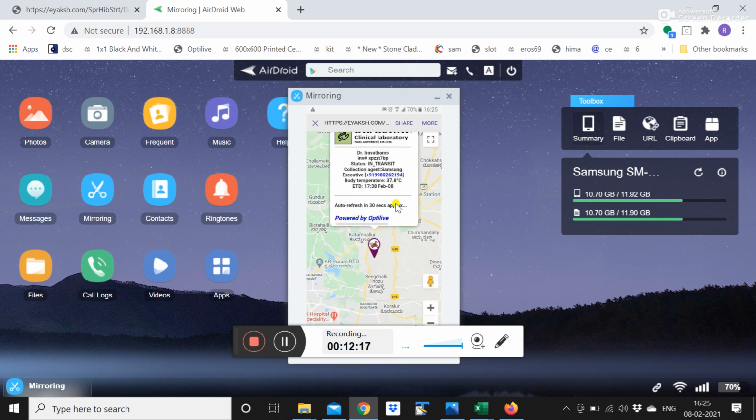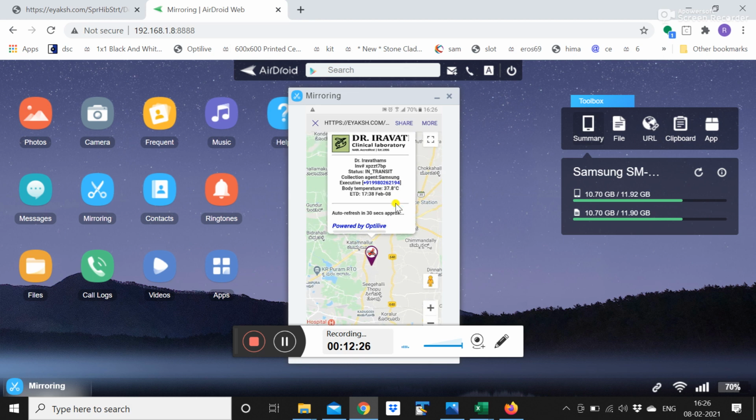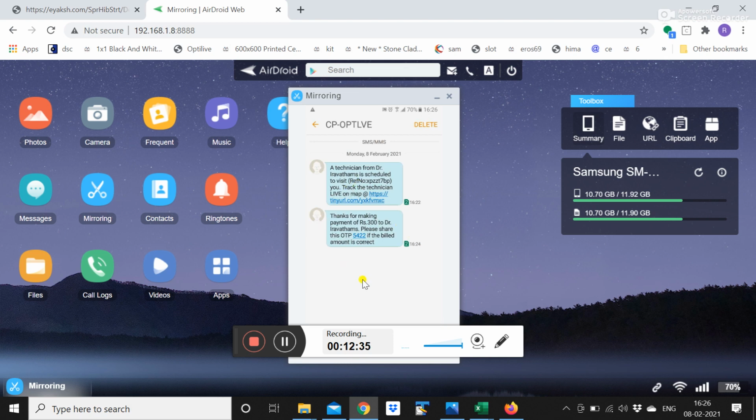And this is how he can see the same screen that I showed on the web login. You can see from the backend. You will be able to see here also on the customer. This is how the customer will see on his mobile what time he is reaching, what is his body temperature if you are sharing that, and the mobile number of the Flebo. And then if you are sharing the OTP link, then this is how it will go.